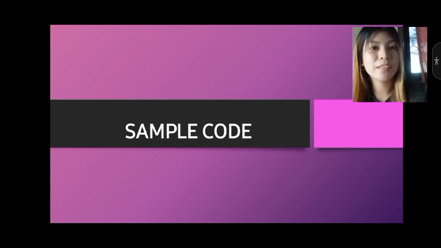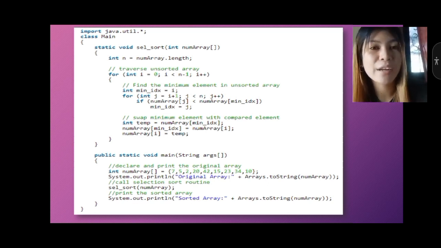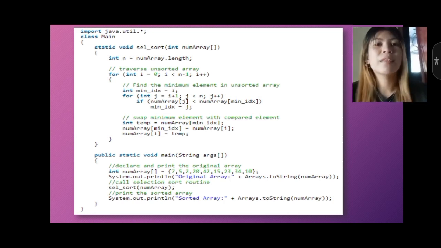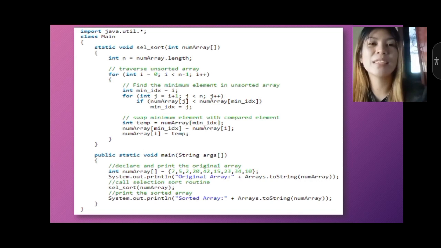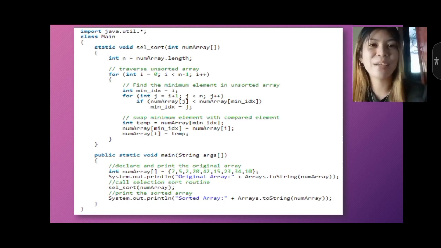So let's now demonstrate the Java program to implement selection sort. import java.util.*; class Main { static void selSort(int[] numArray) { int n = numArray.length; for (int i = 0; i < n - 1; i++) { int min_idx = i;